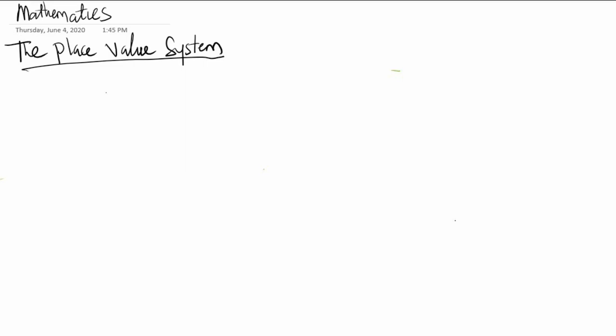So back to our lesson for the day. Place value can be defined as the value represented by a digit in a number on the basis of its position in the number. I'm going to write that down. Place value